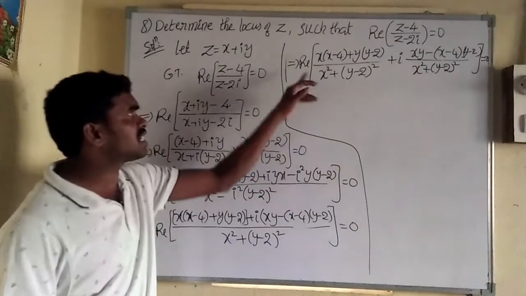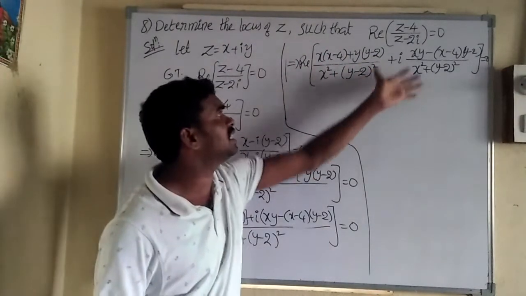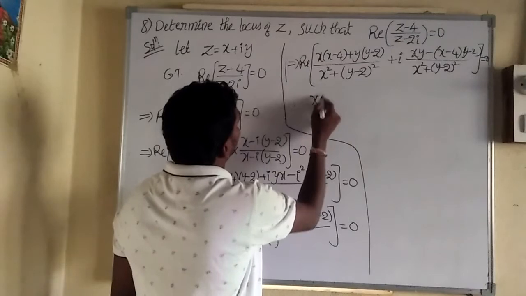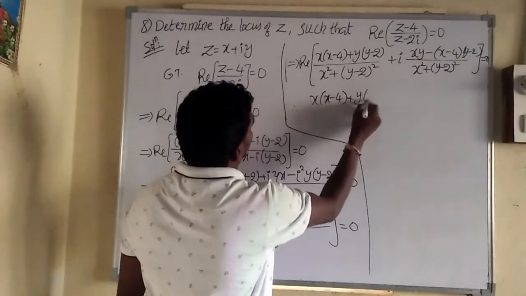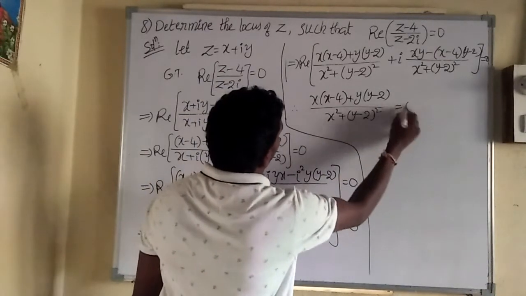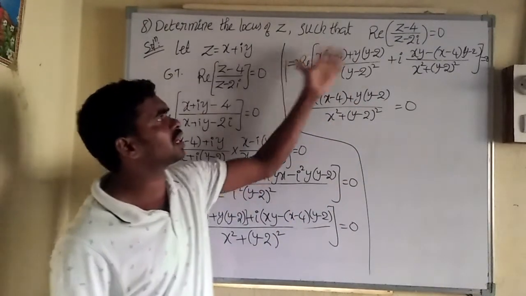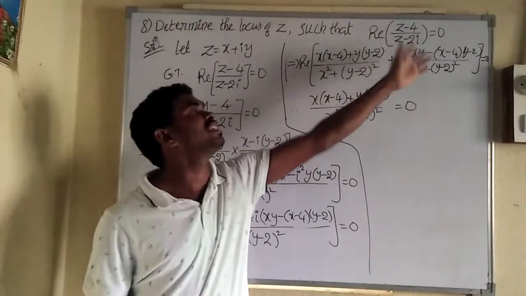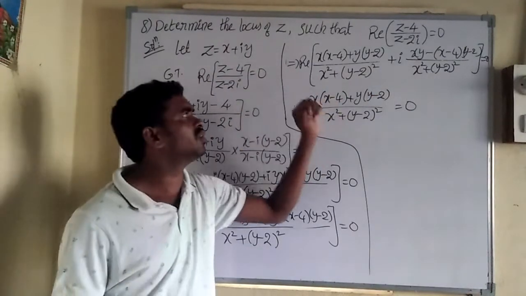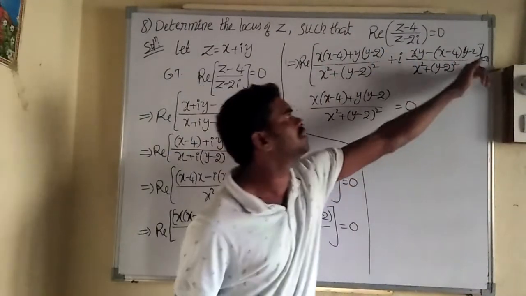In this, what is being asked? It asks for the real part of something. So real part of something means in this something, what is the real part? Yes, this is the real part. So therefore, real part x into x minus 4 plus y into y minus 2 by x square plus y minus 2 whole square is equal to 0. Now neglect the imaginary. If the question is imaginary part of so and so, then take the imaginary term equal to 0. Here it is given real part of so and so is 0. So in this whole term, this is the real part, so real part is equal to 0.